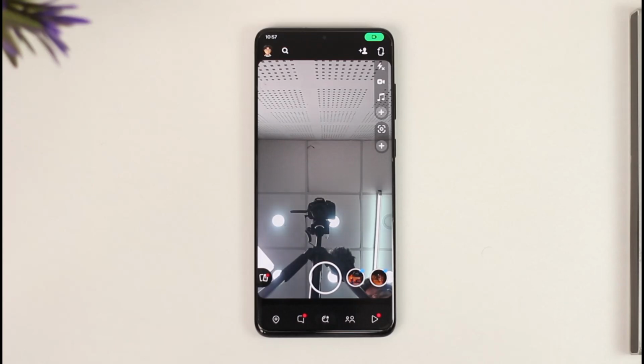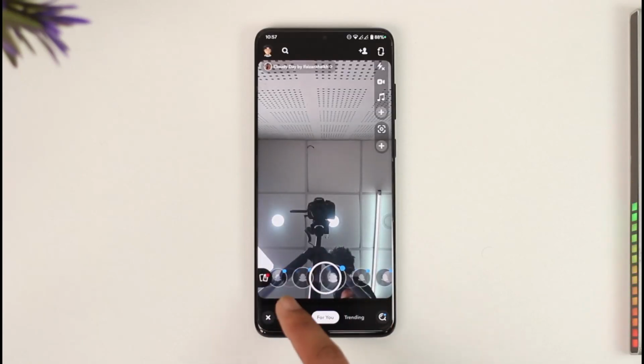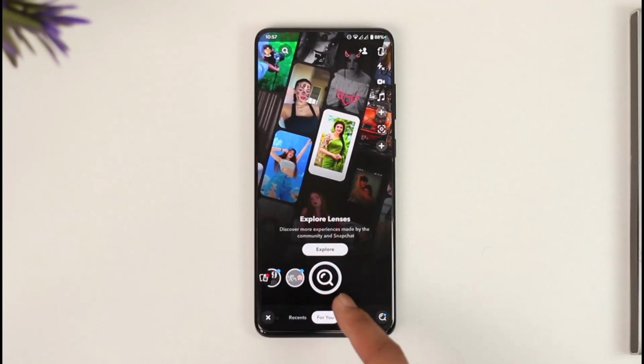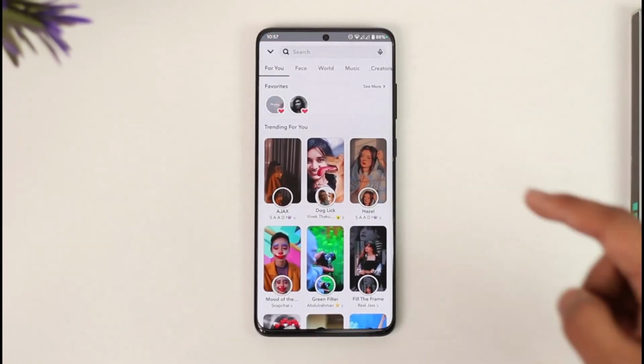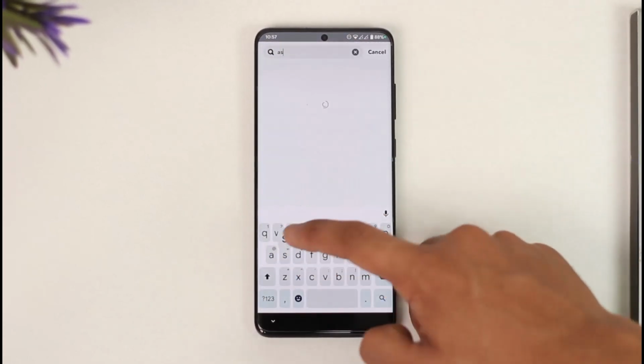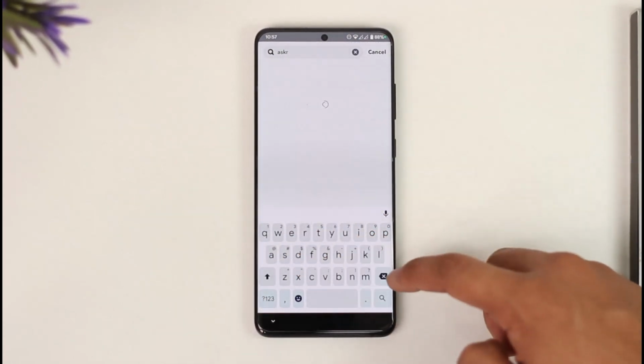Once you launch a Snapchat app, you just need to go to the explore section by scrolling all the way to the right hand side of the screen. Once you scroll all the way to the right hand side, you'll be taken to this explore tab where you want to tap on explore, and here in the search box you simply want to type in ask me anything